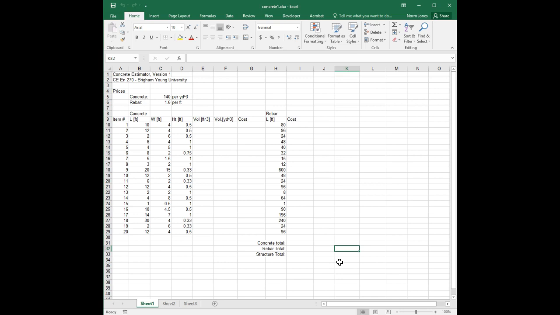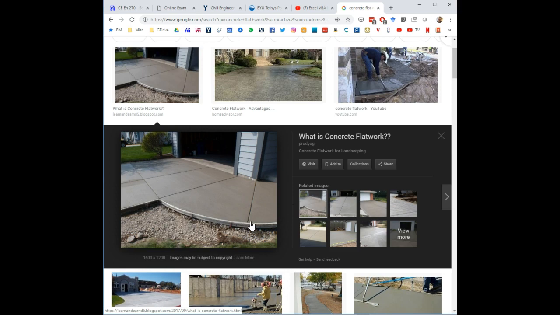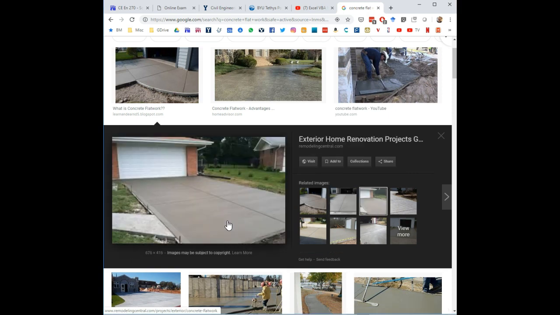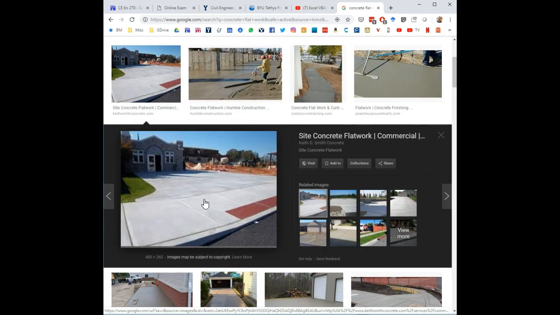And so what we have here is a spreadsheet that an engineer would use to do some estimating on concrete volumes. And the use case here is you're designing some concrete flat work. Now, what do we mean by flat work? I've Googled some concrete flat work here just to show you some photos. So this would be just flat sections of concrete and, just to keep things simple, we're going to assume each of these sections we're dealing with are rectangular, so we're not going to have any curved parts like this